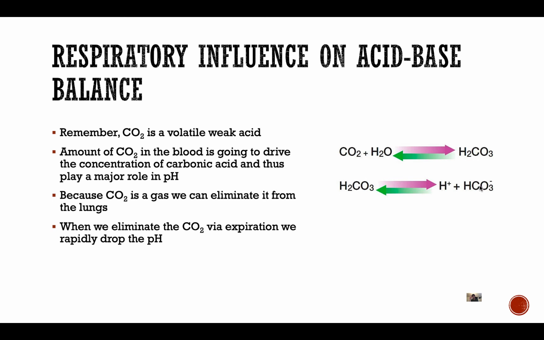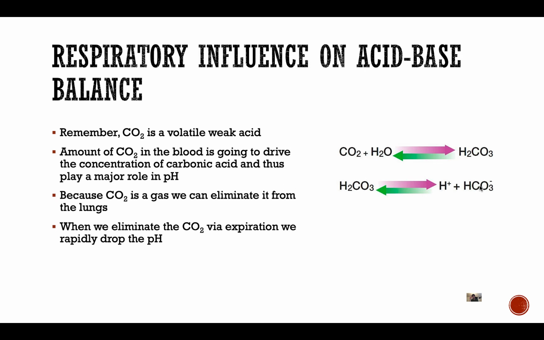When we reach the lungs, we're able to essentially use carbonic anhydrase to drive this reaction in the opposite direction and eliminate CO2. When we eventually eliminate that CO2, we're able to rapidly drop the pH because we're able to rapidly get rid of this system. We're able to rapidly reduce the need to rely on this system and eliminate the acid load within our body,